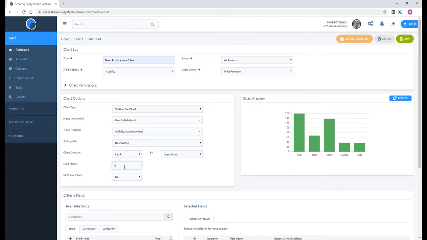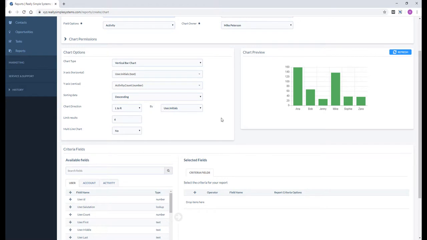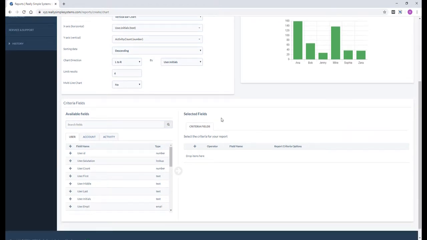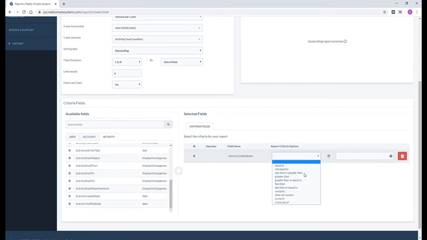Let's say I've actually got 6 users, so let's change the limit of results to 6, and that then adds in the extra user. Maybe I want to limit the date range that I'm looking at because I only wanted to look at since January. So if I go to my activity date, or activity created date I think it is, slide that over and say greater than or equal to